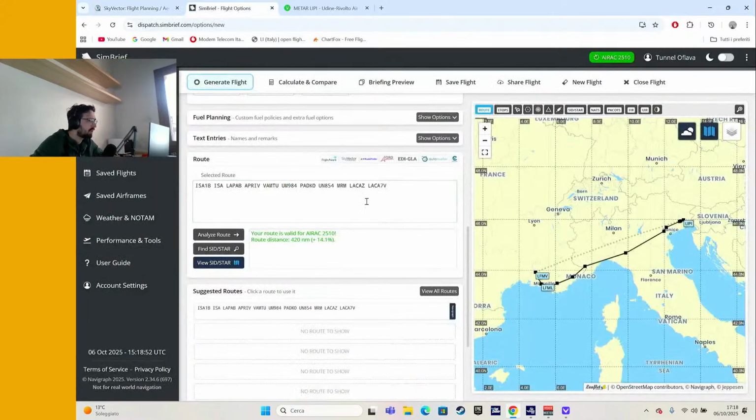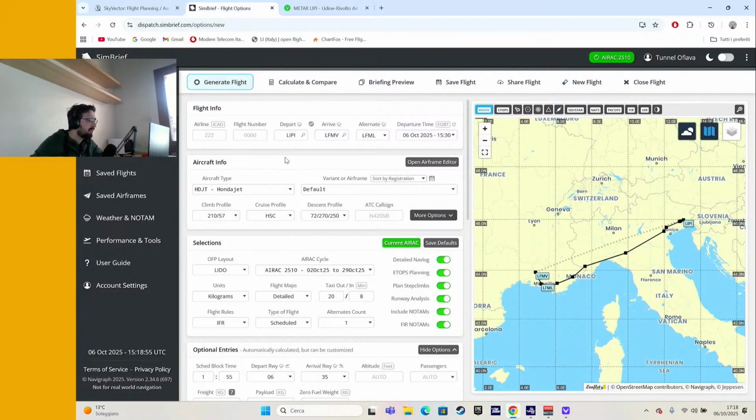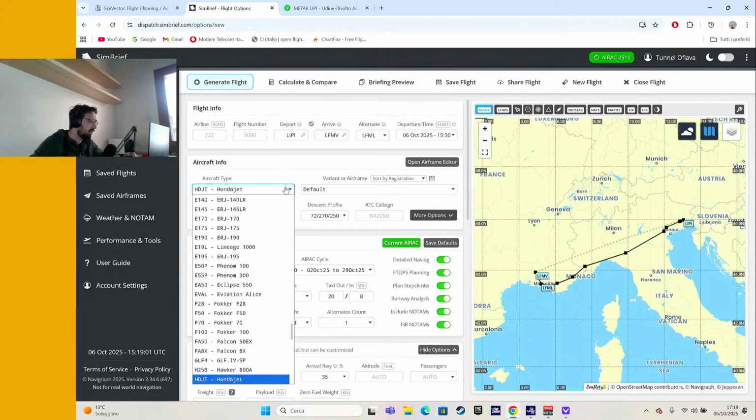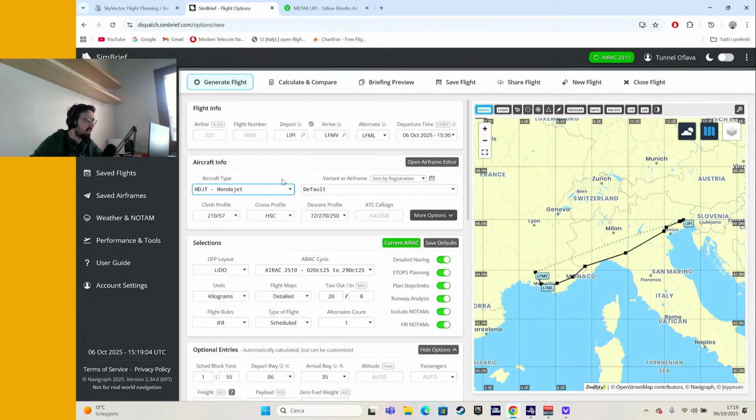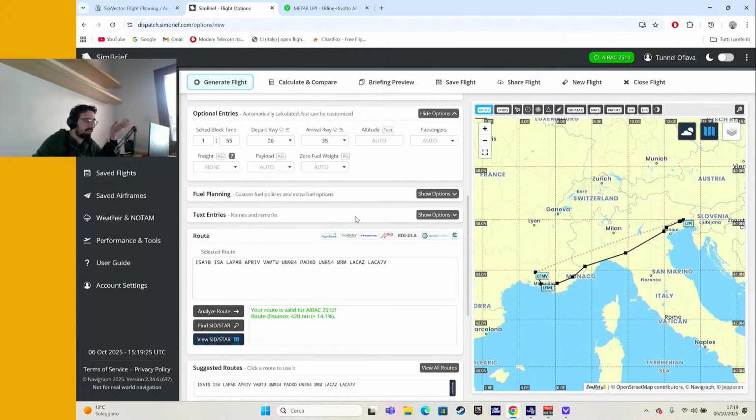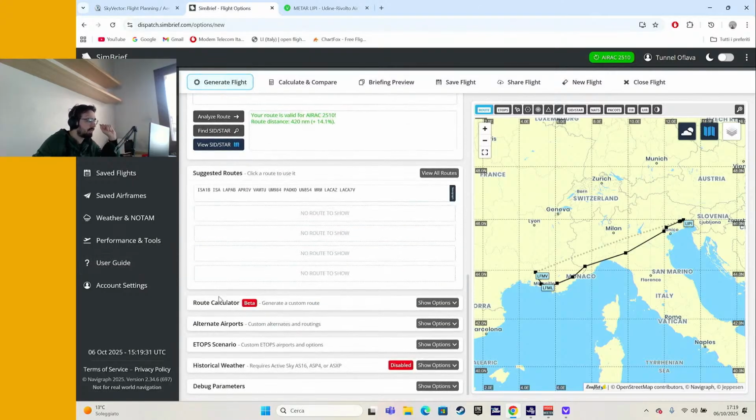But you have a helper, which is SimBrief again. What you can do here on SimBrief about VOR to VOR. In this case, we don't have the 339er, of course, in the model, but we don't care. I select the on-the-jet just as a reference. We're not gonna really schedule a flight plan, but maybe you don't know, you do have the possibility to use SimBrief to schedule a VOR to VOR flight. So when you load a normal flight, as you can see, I select the airports, it gives me a route. You can go here, route calculator beta, and if you open it,